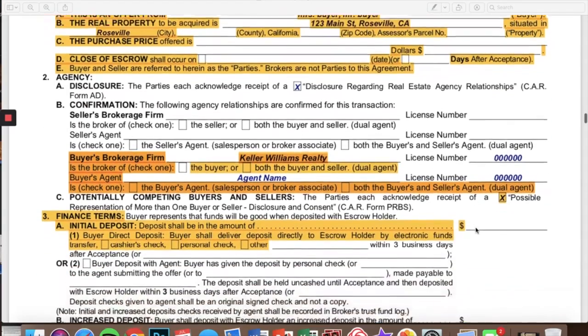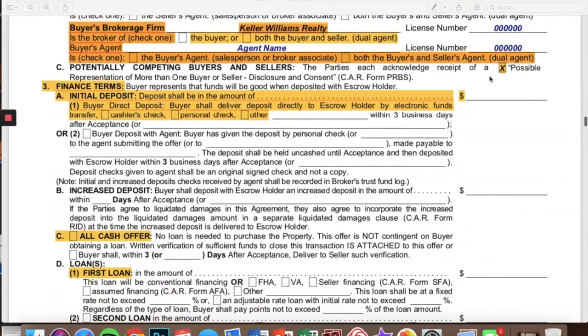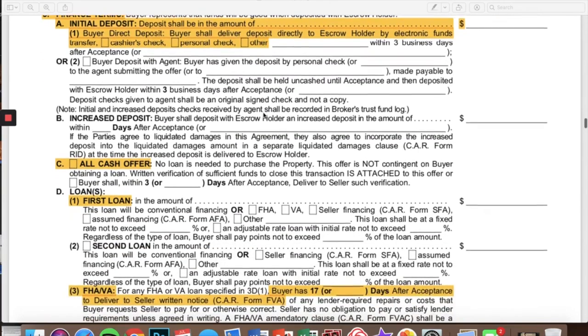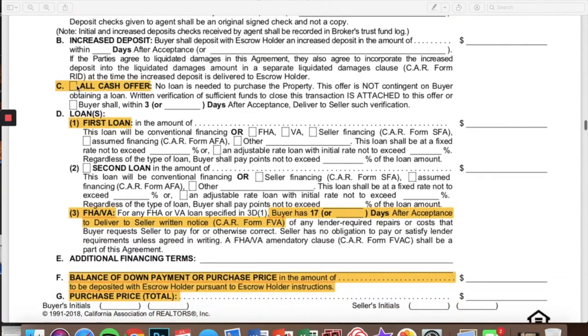Next, we're going to get into our financing terms. So we're going to start with our initial deposit. We're just going to go ahead and put the deposit amount in this box on the right, and then we're going to check the appropriate payment method to escrow. If it's an all-cash offer, we're going to check the all-cash offer box, and we're not going to worry about the loan stuff here. If it's a loan, then we are going to go down to the first loan section,